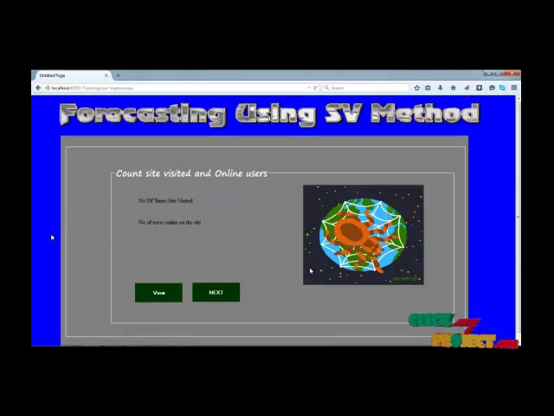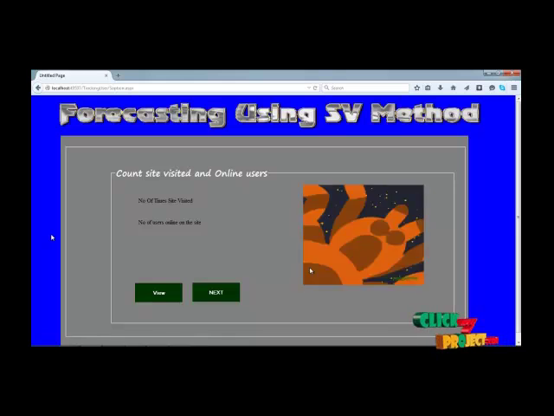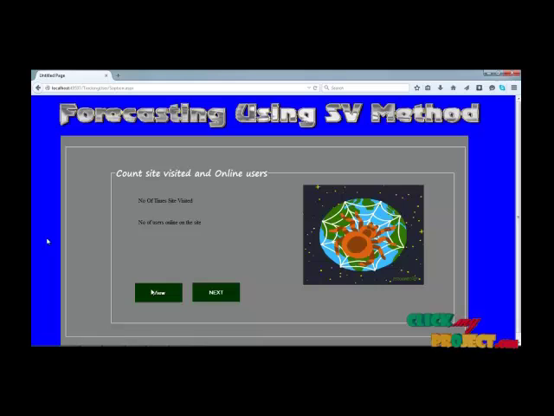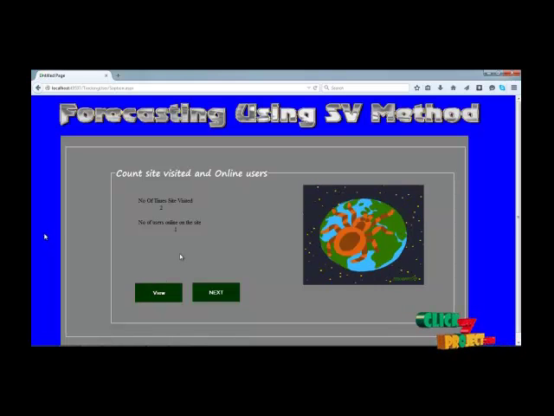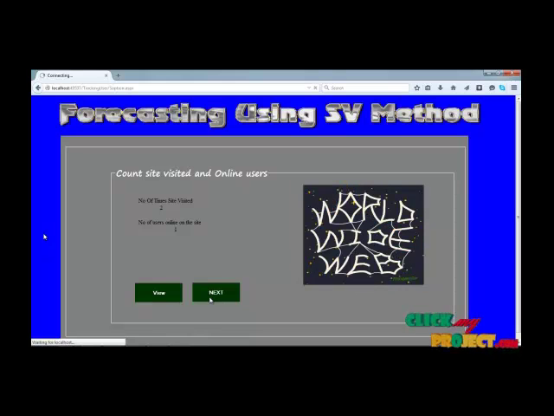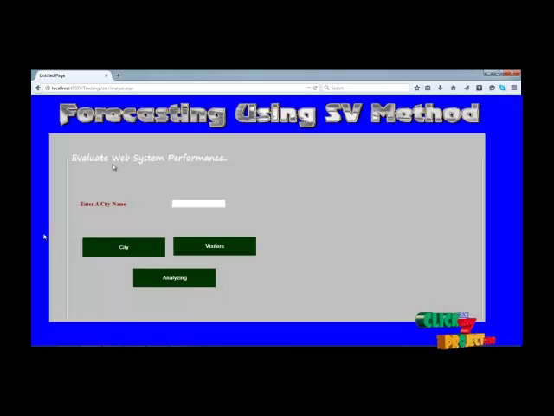Next we can analyze the number of site users online for this site. So we can analyze the number of times the site was visited for the particular time and then collect the information for the users, how many users are available on the online sites.